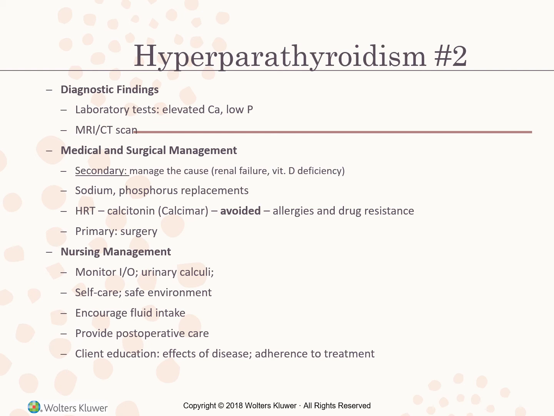So the only treatment for primary hyperparathyroidism is the surgical removal of hypertrophied glandular tissue or of an individual tumor of one of the parathyroid glands. But before surgery, the doctor has to determine the number of the 4 glands to be removed based on the cause of hyperparathyroidism and the laboratory and diagnostic test results. One or more of the parathyroids is left in place to maintain the calcium and phosphorus metabolism.